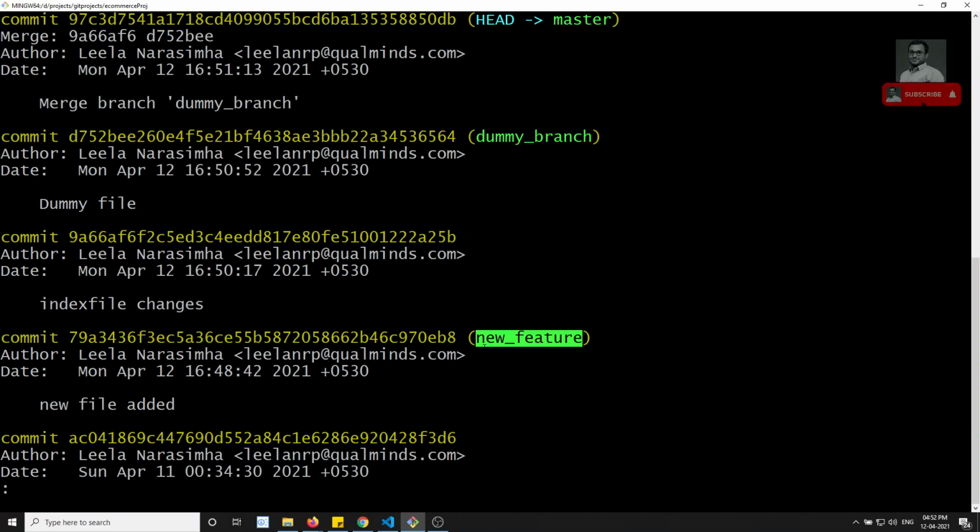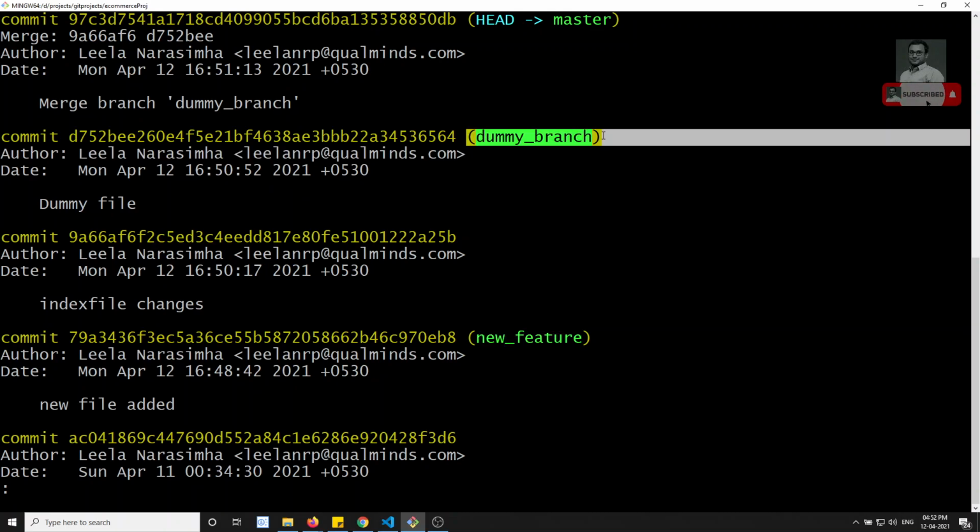Now another concept will come. What is this? In the branch, if you have changed the same file that is in the master, and in the master also you have changed the same file, then how can we represent this? There could be conflicts between the files. Which one do we need to take? There will be conflicts. So let's see how to resolve these conflicts in the next video.